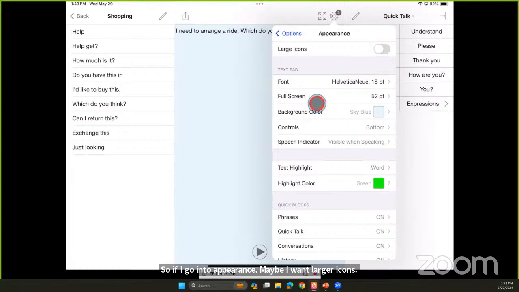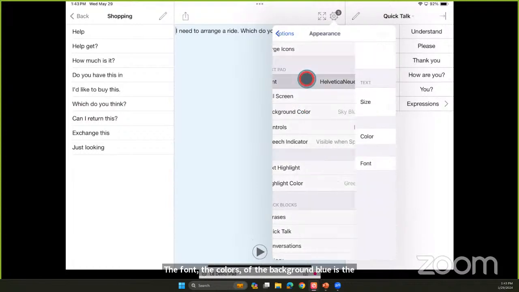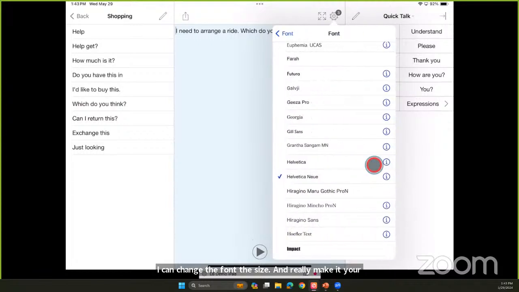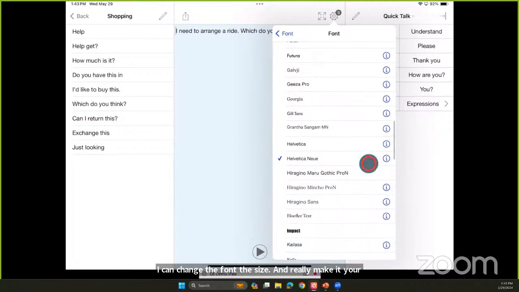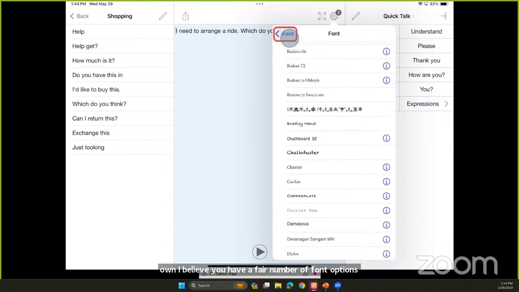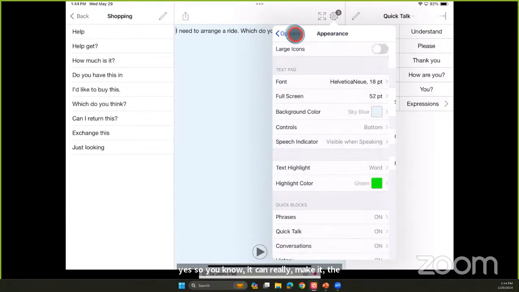Maybe you can really customize the font, the color. The background blue is the default, but you can always change that. So I can change the font, the size, and really make it your own. I believe you have a fair number of font options, yes. So you can really make it the best for you.